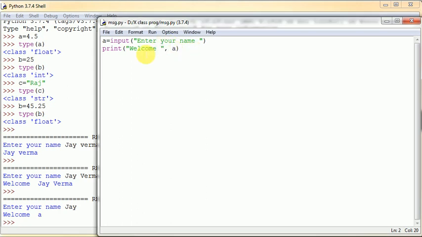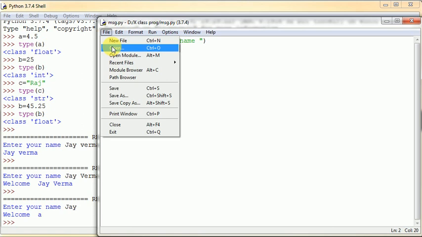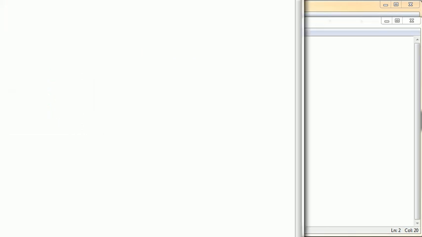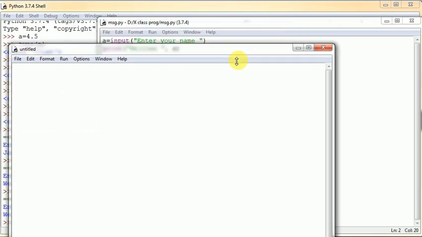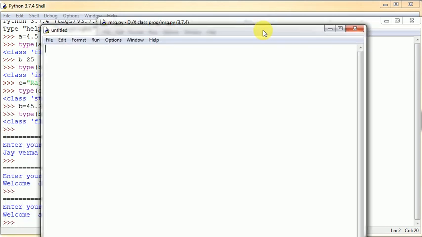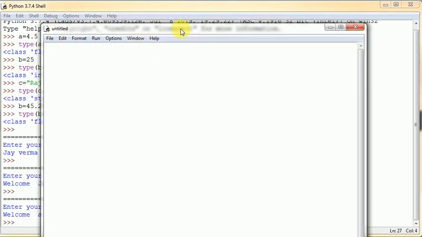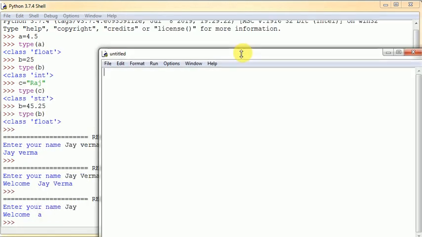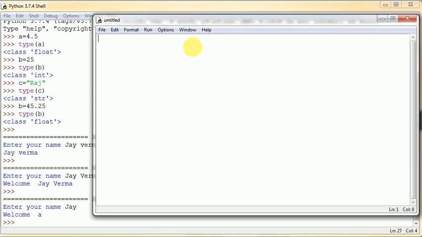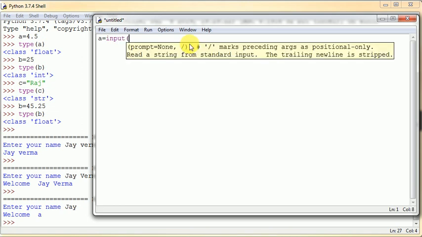Now here suppose I am writing a different program. Click on new. Okay, one new file. I am closing my previous file. And the code here, a equal to input, enter number 1.